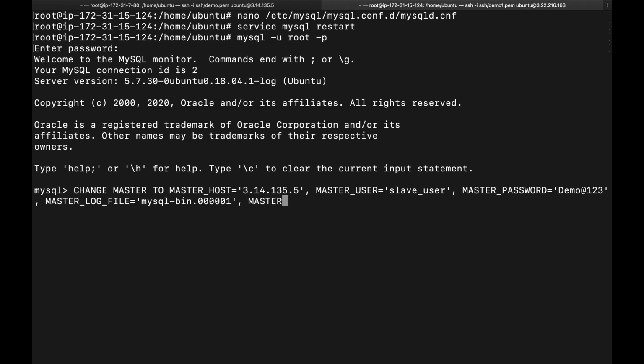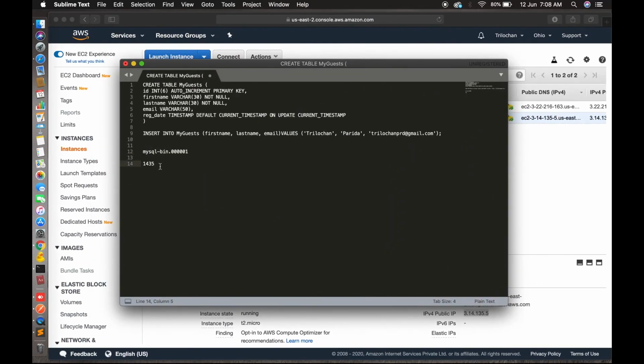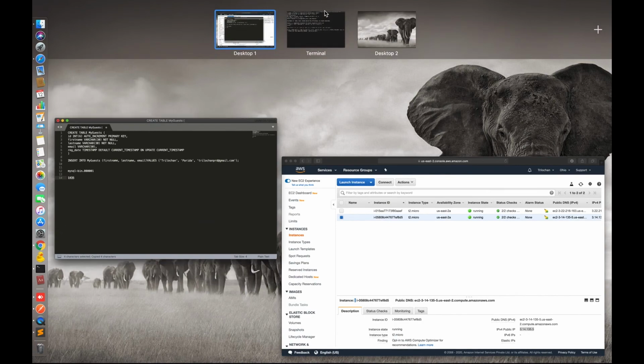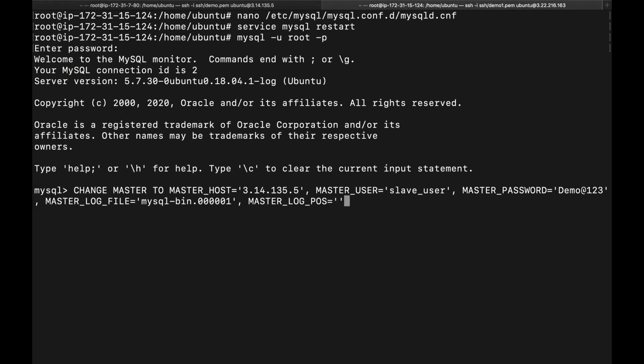Then master_log_pos, the position, is I think 1435. This is a number, so it does not require single quotes. Then semicolon, enter. So now your slave is configured with the master credentials.